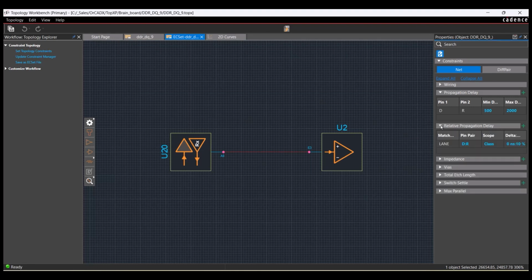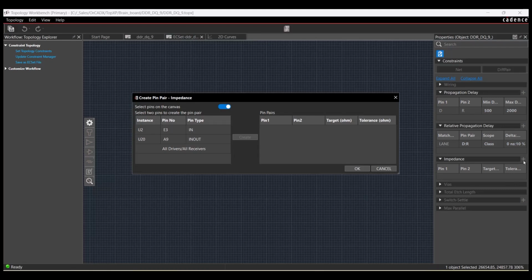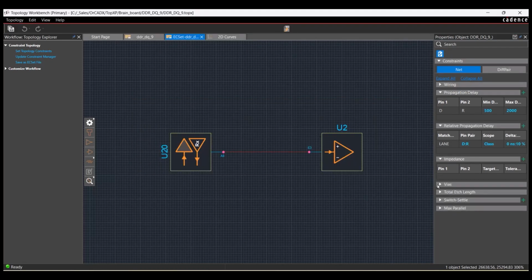You could set up the relative propagation delay. You can set up the target impedance value. You can set up how many vias you want to have in this interconnect. You can specify total etch length. So for example, let's say at most you want to have 1 via, you can specify that and put that in there. So this is kind of allowing you to control the constraints, not just for this one net, but